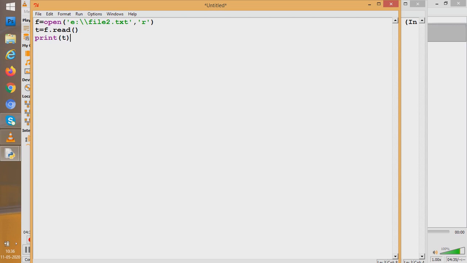But we all know that we should close the file before executing. So we close the file. So see, students, how simple it is. You can read a file using these 4 simple lines. Python is so easy to work with. If it had been C++, we would have to write a lot of lines for doing this particular thing. But here Python is so easy to work with.